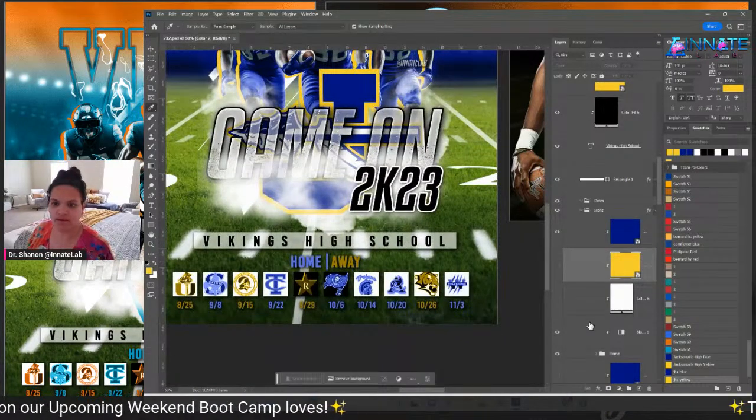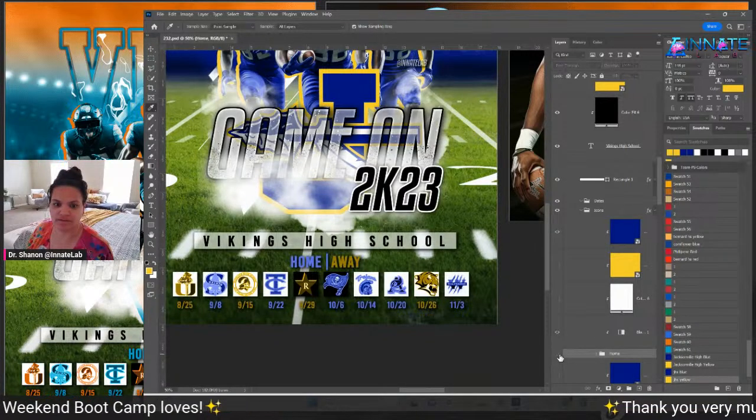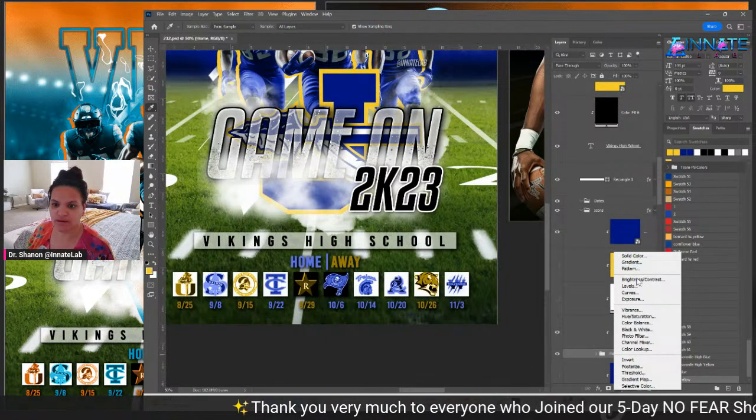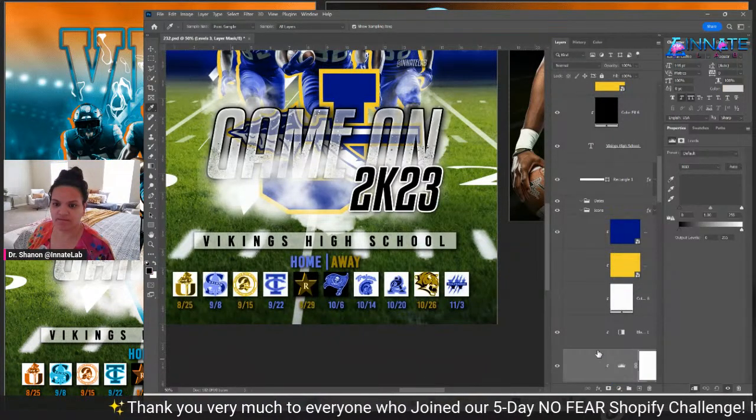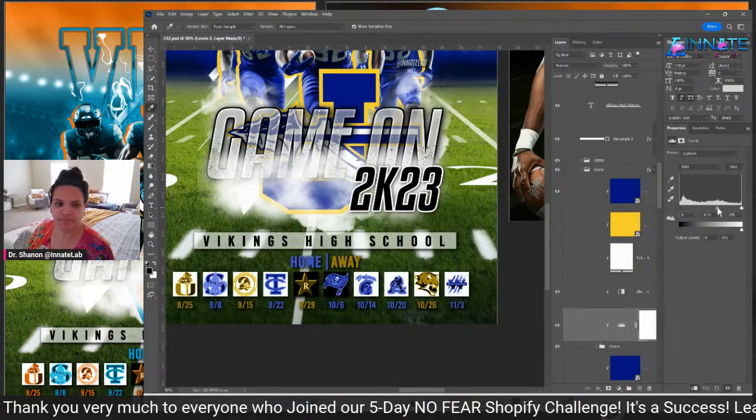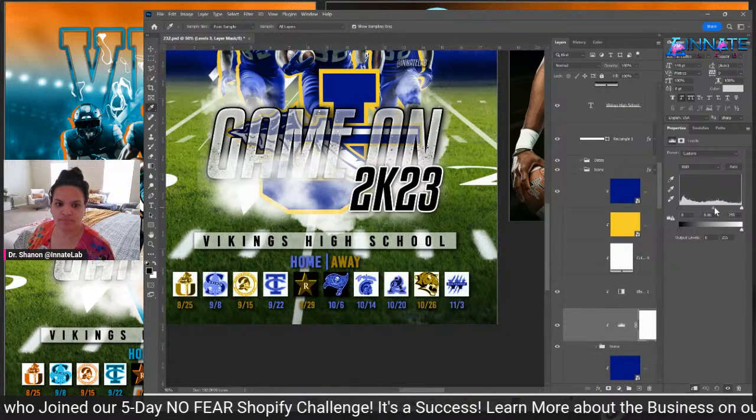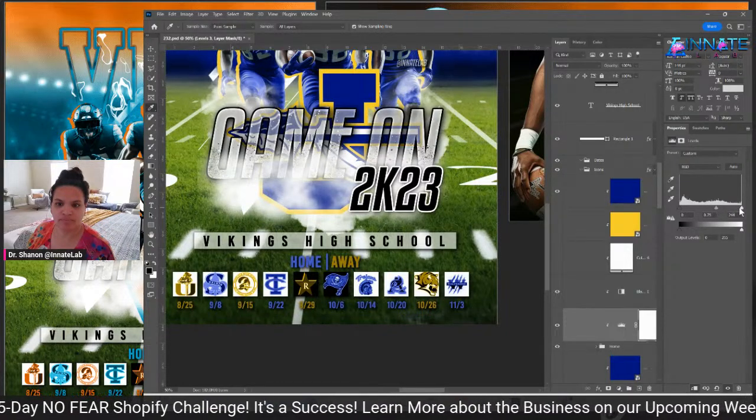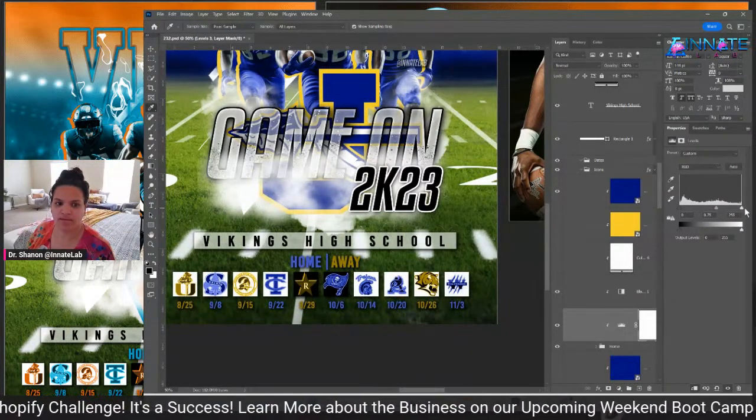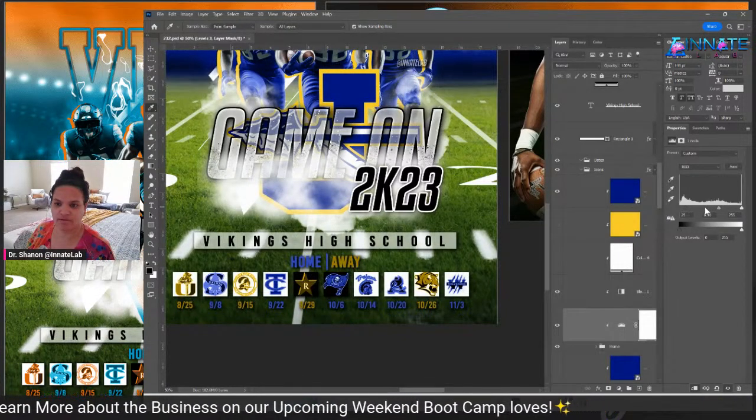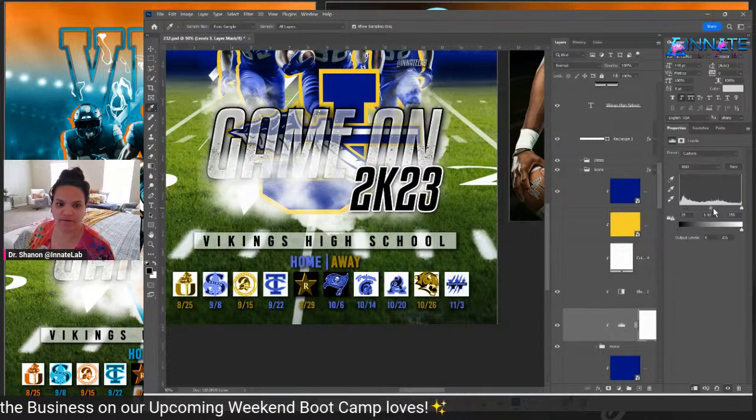Let's go ahead and add a hue saturation here. So that's our home. Actually, it's going to be a levels. Add a levels up here. And then this way, depending on how much of that color you need to really apply and how dark you need it to be,